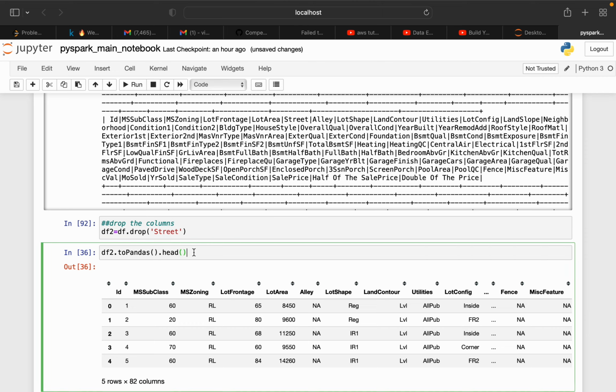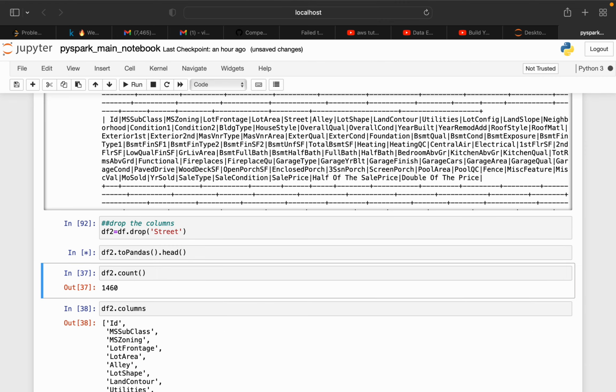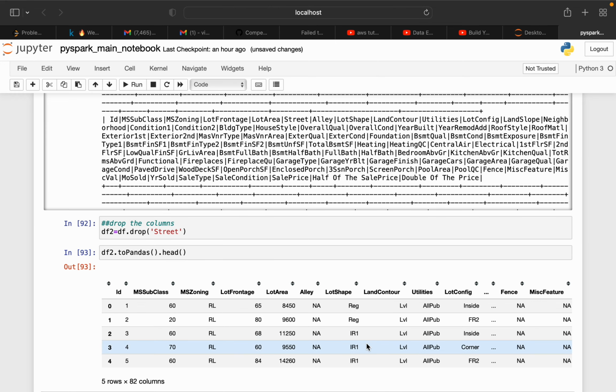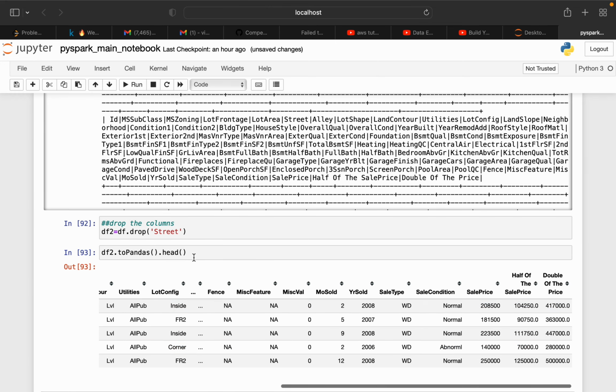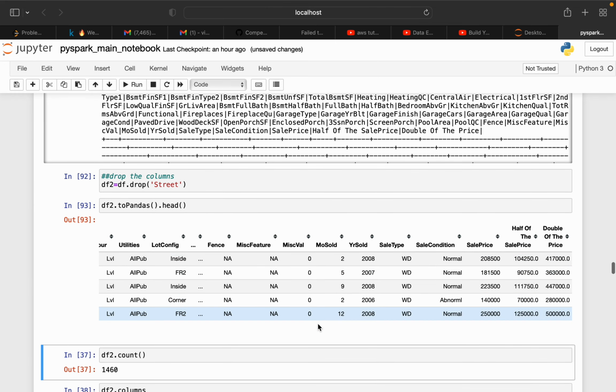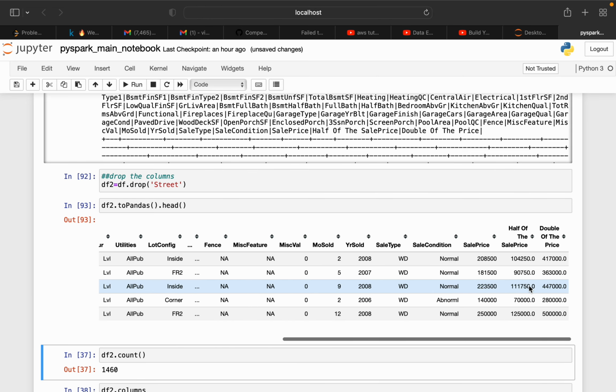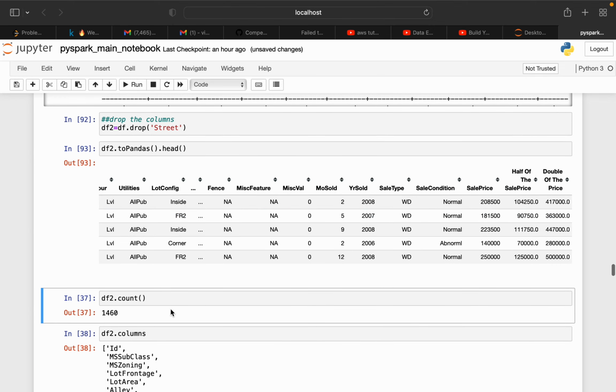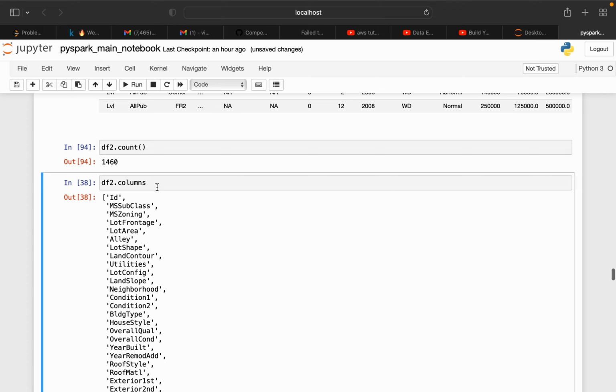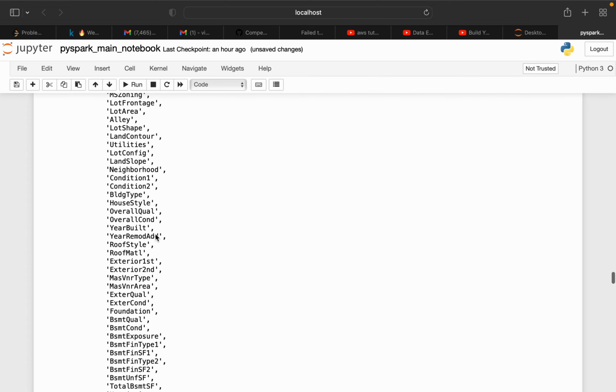To view it, I'm converting it into a pandas data frame and checking just the top element. As you can see, we don't have any street column in here, because we have dropped it. Now you can use df2.count to count how many values you have. You can print columns also using df2.columns and so on.